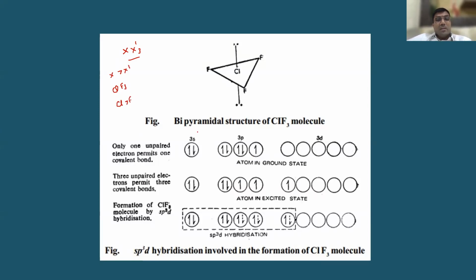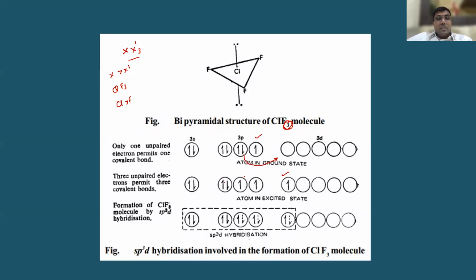Okay. Now let us take chlorine, whose ground state is 3s2 3p5. Here, how many bonds are required? 3 bonds are required. Monovalent, 3 sigma bonds are required. So naturally you need to excite. So this is the first excited state. This electron is excited over here. Now you got a d orbital, right?